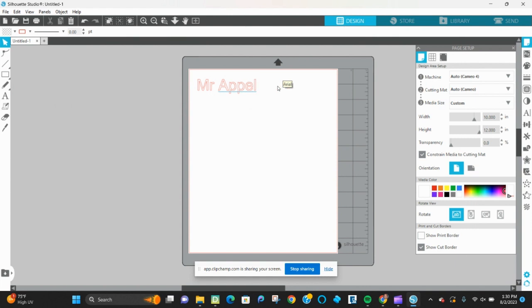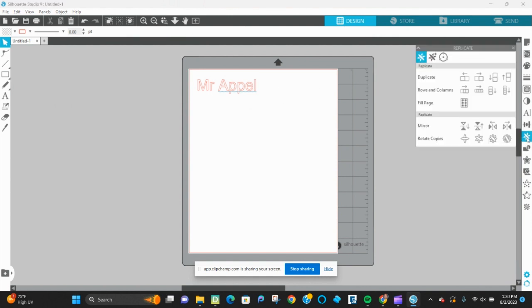Another way you can do it is, over here on this kind of star pattern is our replicate panel. So you can click on something and you can duplicate it. This goes to the right. I could go down. I could go to the left. That would give me 4 that have some spacing to them. Those might even be a little bit too close to each other, but whatever I do,